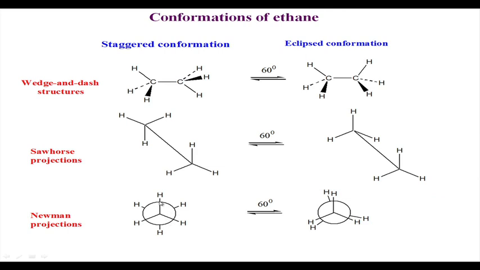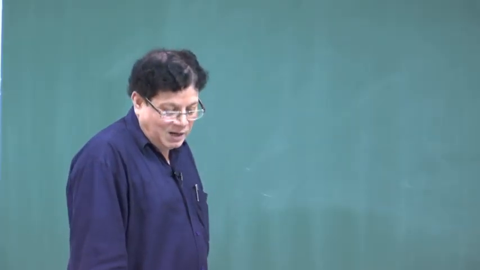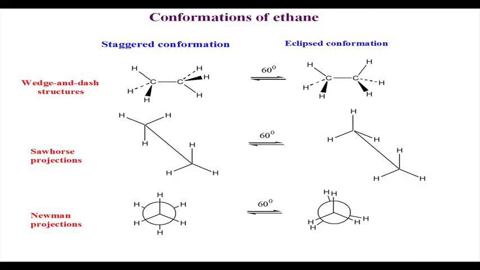Usually, we adopt the Newman projection formula while describing the conformational analysis. Now, last time I also told you that this is the staggered conformation, where the dihedral angle between the closest neighbors,